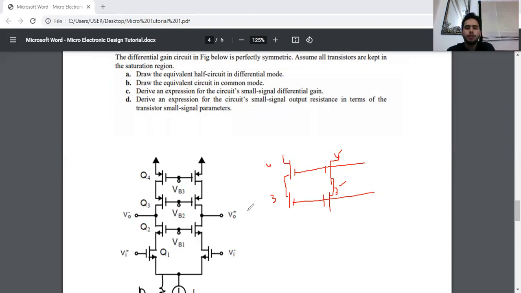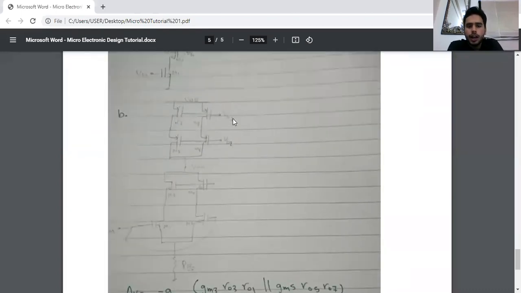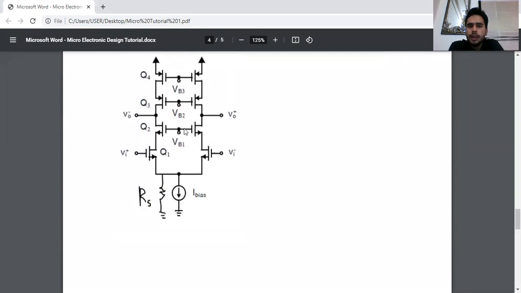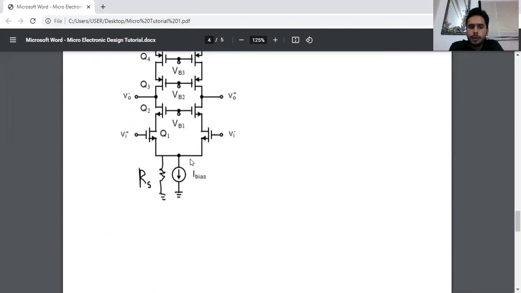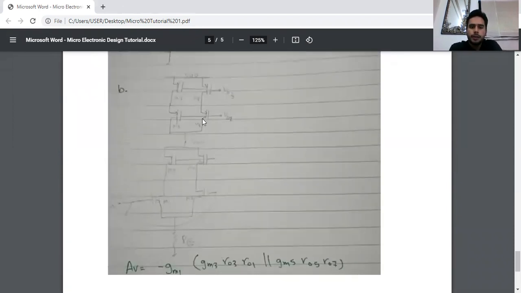Next, for V negative and VO plus, I'll take you all to the final circuit which we have drawn, and that is as follows. So this is it. The base voltages have been combined, VB3 and VB2, and at this point we're getting our V out. V out is being measured at this point. This is the point which we segregate for measuring our output, and this is basically VO negative and VO positive. We combine that part, and then we move on to the next part of the circuit.